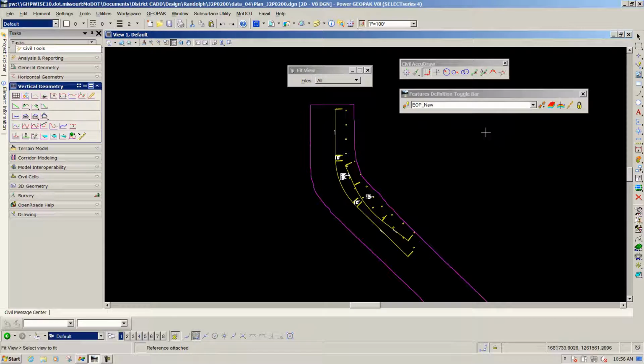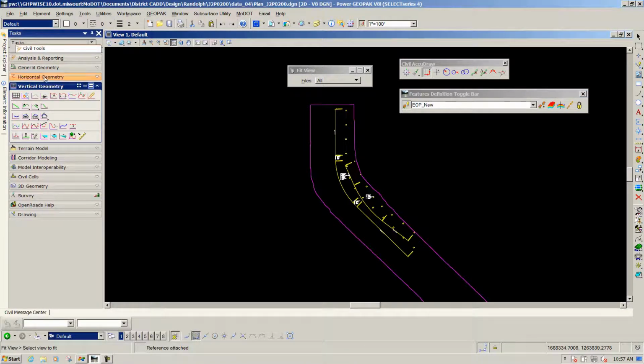Once you have EOP new selected, we're going to go ahead and activate the feature definition toggle bar, and this will use this feature definition in all the other tools that you go into. Okay. Next, we're going to go over to our task, and we're under the civil tools,